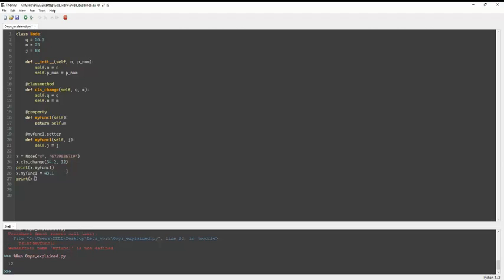Let's see if it works or not. Sorry, this property returns j. Now we will run it. You can see first it returns 68, and after we assign the setter,